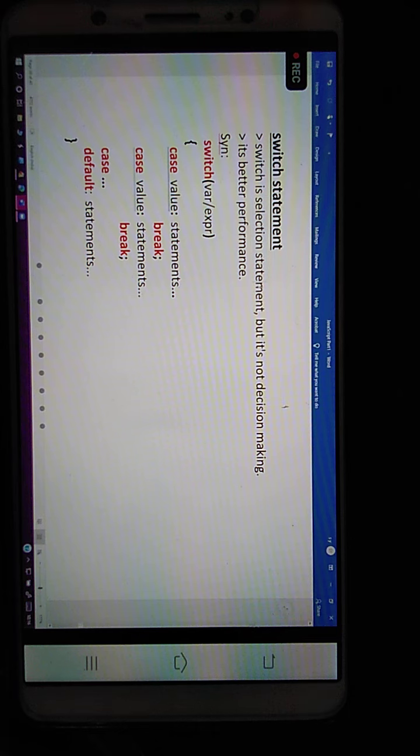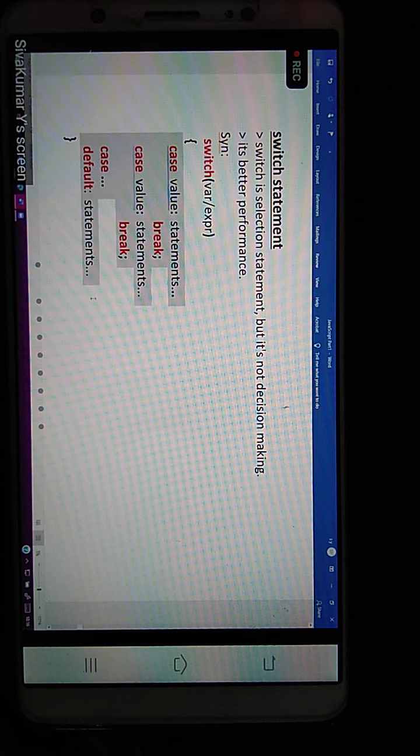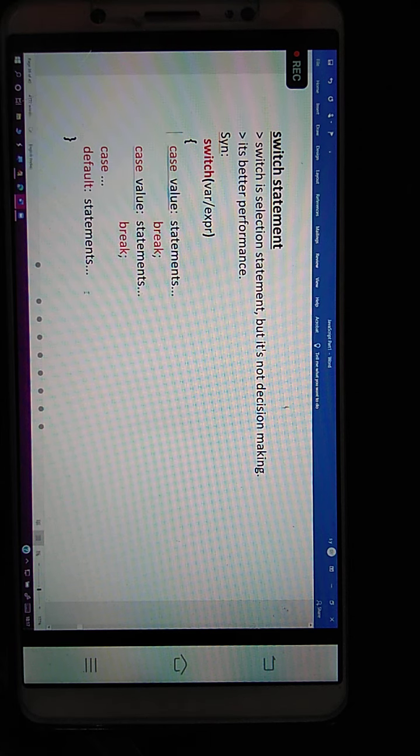Like if conditions, switch does not perform the comparisons manually or directly and, based on the result of the comparison, choose the statement. If does it like that. But what does switch do? Based on the variable you specified here, it chooses one case, executes the statements of that case, and simply comes out. There are no comparisons here, unlike the if condition.